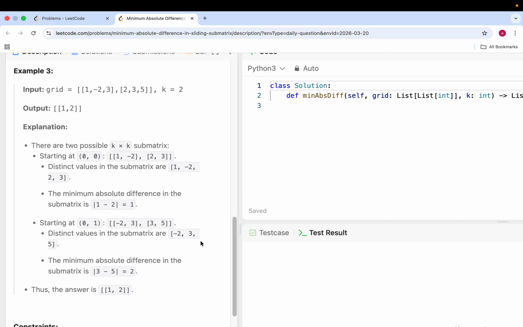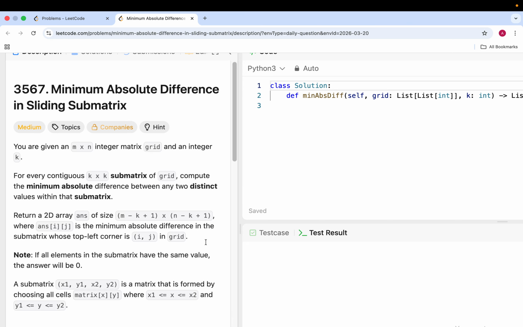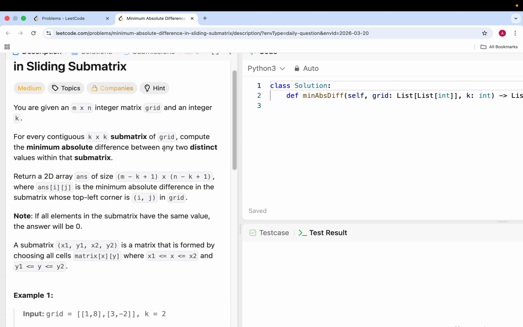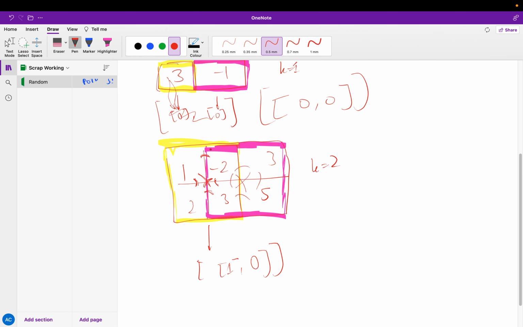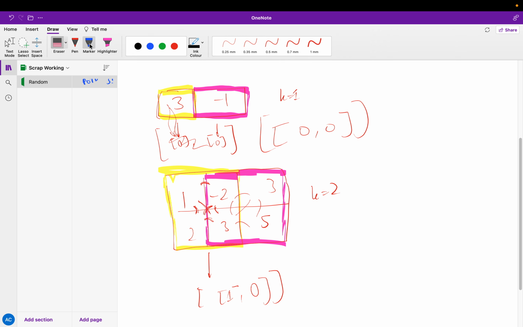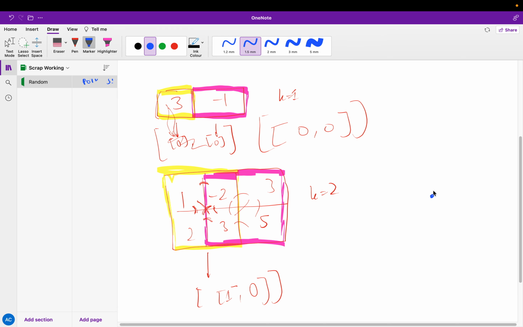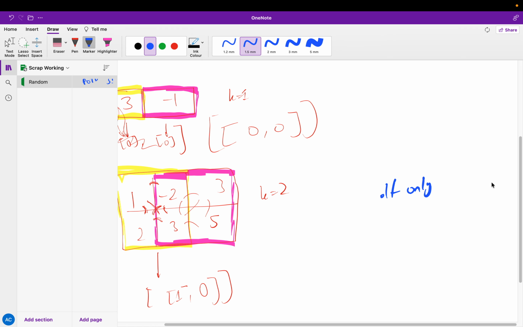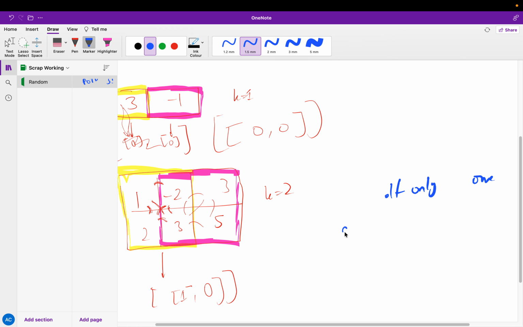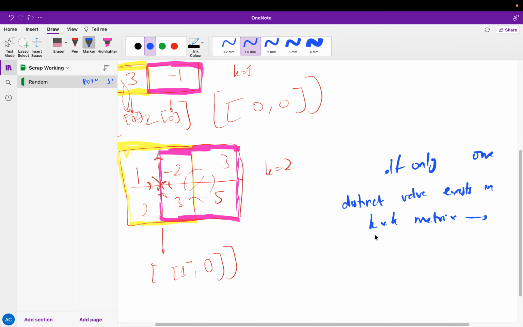The distinct value... Oh, between the... Did it say distinct? Sorry, I forgot about that. So you can only look at distinct values. So if there's only one... Okay, I'll just write that down. If only one distinct value exists in a k by k matrix, then